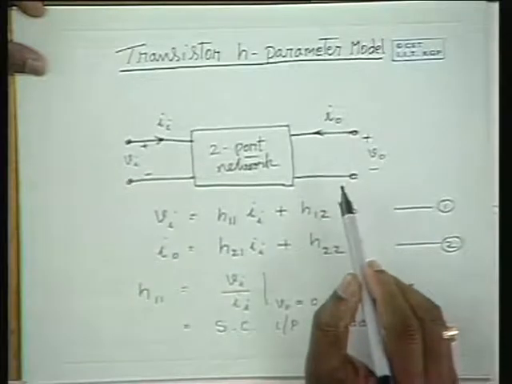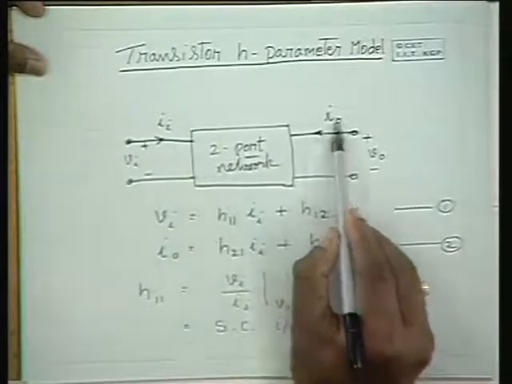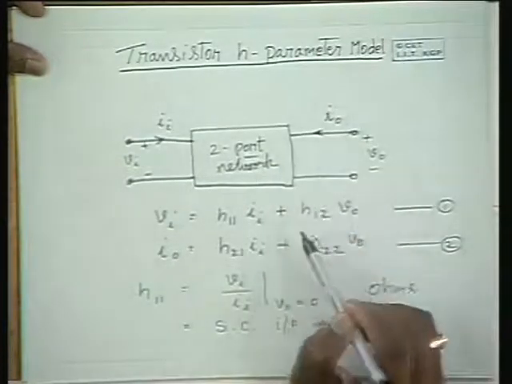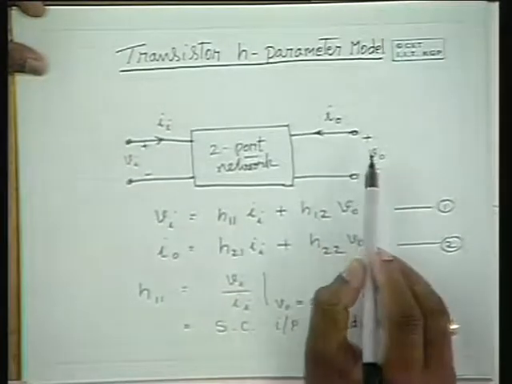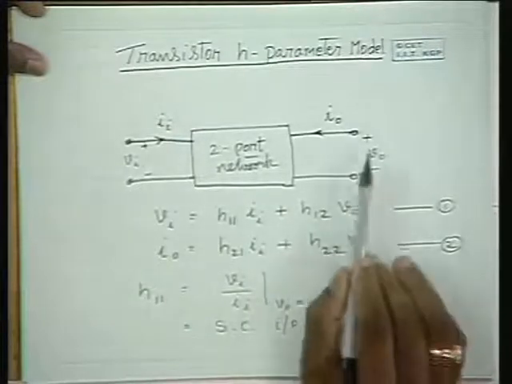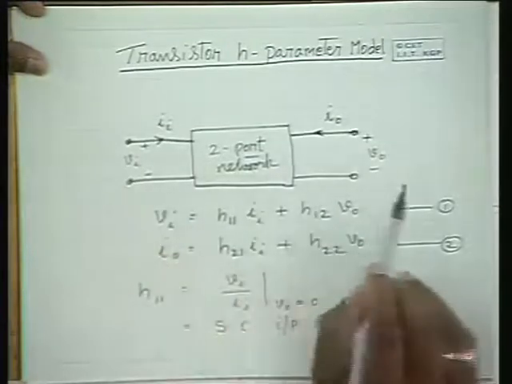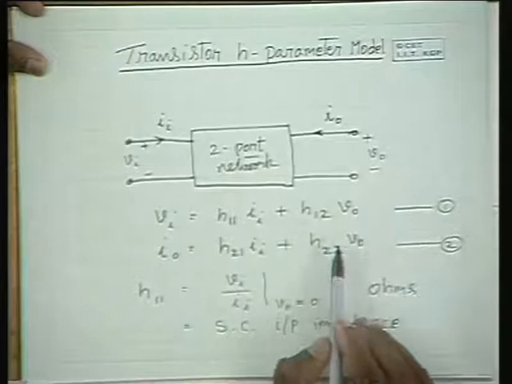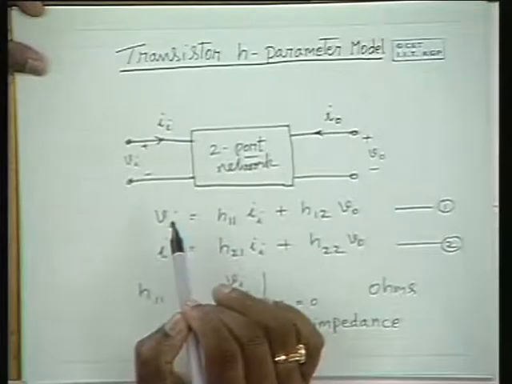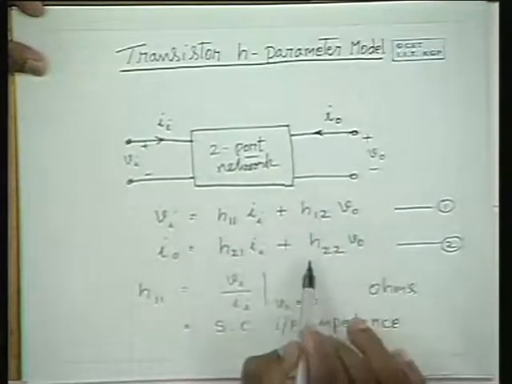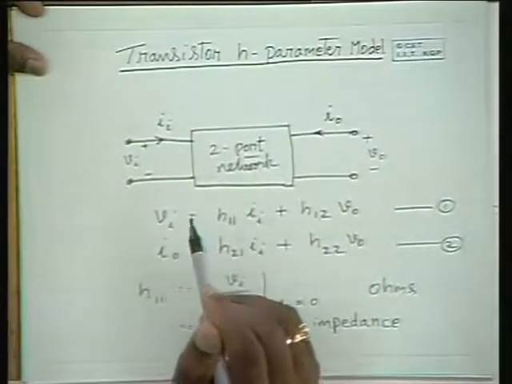We define output admittance by the ratio of the excited voltage and the current at the output terminals. So this is nothing but the V0 to I0 ratio, but under open circuit conditions. It is not exactly equal to the output admittance. Output admittance is the V0 by I0 ratio when Ii and Vi are existing in an amplifier. But H22 is equal to the output admittance when the input is open circuited.